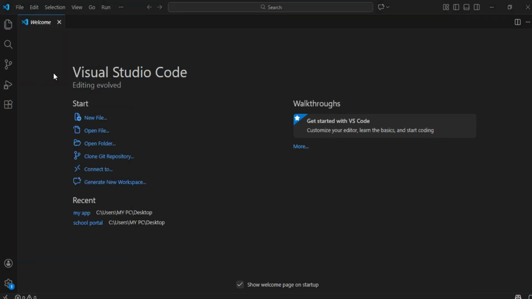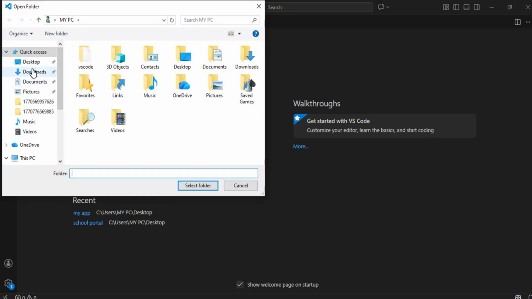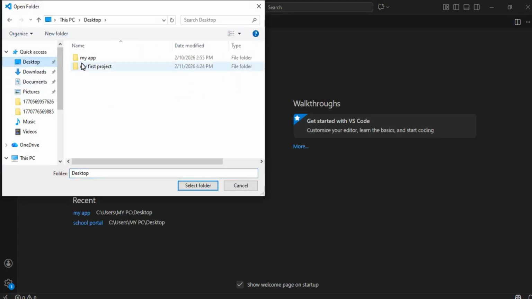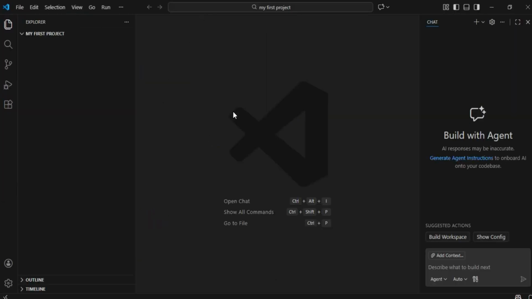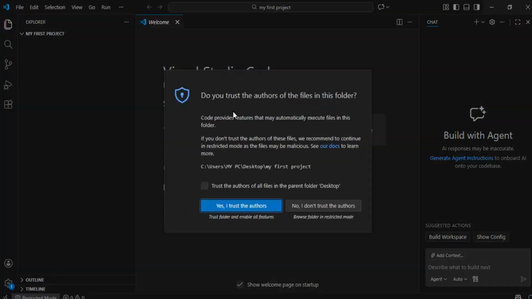Now go to your file, open folder. Okay, we created it on the desktop. So my first project, that's